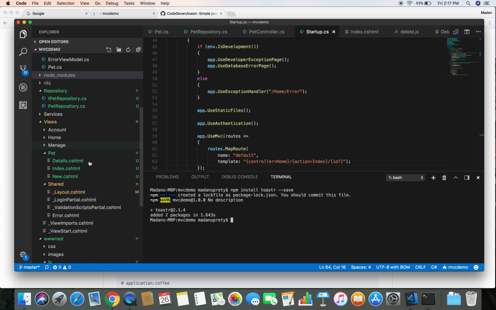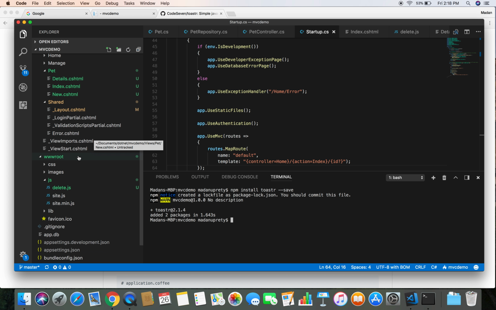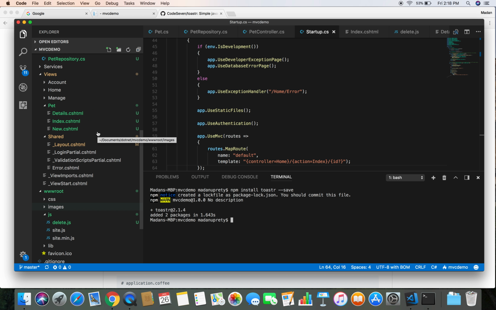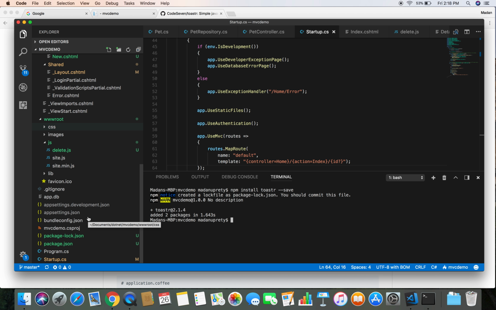Once we install packages like toaster, we need to serve that to our application, but by default .NET Core only serves the static files which are inside the wwwroot folder. So we need to configure the static file middleware and tell .NET Core to serve the files from node modules as well. So let's go to